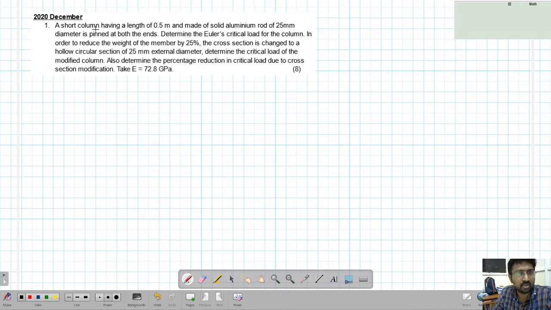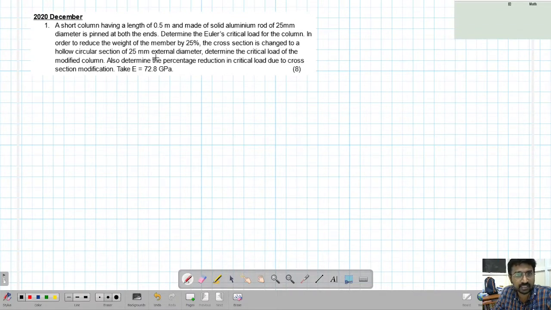The question is, a short column having length of 0.5 meter and made of solid aluminum rod of 25 mm diameter is pinned at both ends. So it's a very small column. Determine the Euler critical load for the column. In order to reduce the weight of the member by 25%, the cross section is changed to hollow circular section